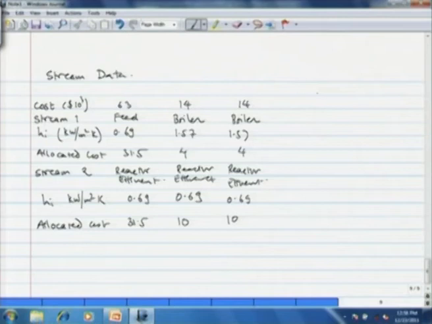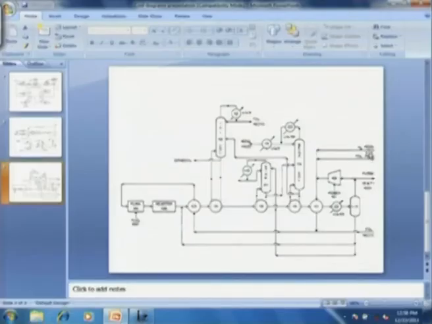The next exchanger is the benzene column reboiler. Stream 1 is the boiler stream, it will have a high coefficient. The other stream is reactor effluent, and then exactly the same distribution of the two costs. And finally, the exchanger that uses the fresh feed as one stream and the reactor effluent